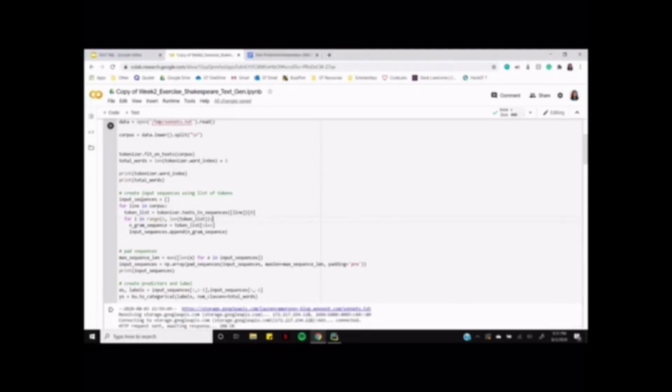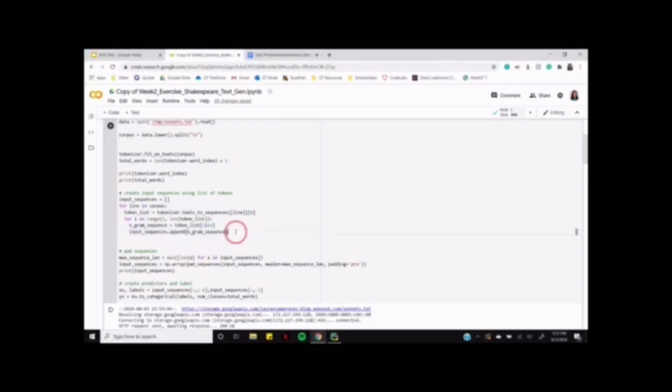Then we pre-processed the data, which is crucial for building a machine learning model because it ensures that the data is clean and easy to use. Step 3. Tokenize each line of the text so that each word is mapped to a number that the computer can understand. Step 4. Create n-grams and input sequences.